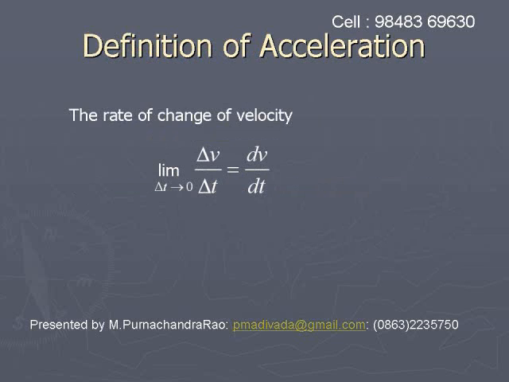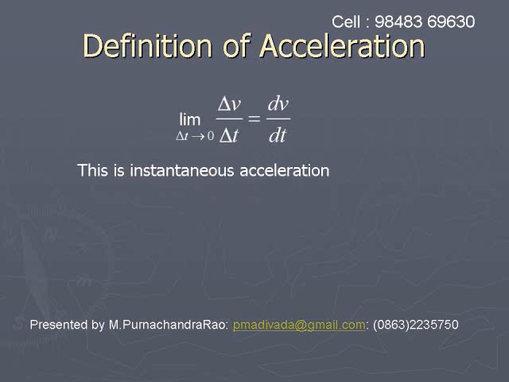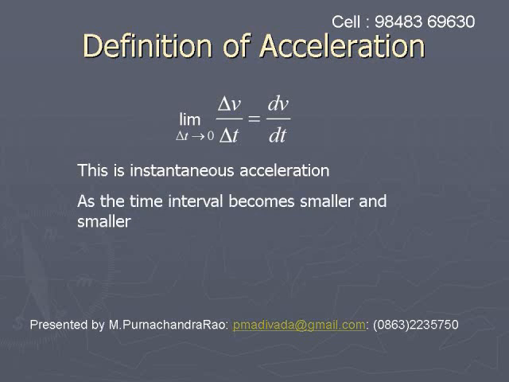Definition of acceleration or instantaneous acceleration. It is defined as the rate of change of velocity with time, and it is mathematically given as limit delta v by delta t as delta t tends to 0. That is the ratio of change in velocity to time taken